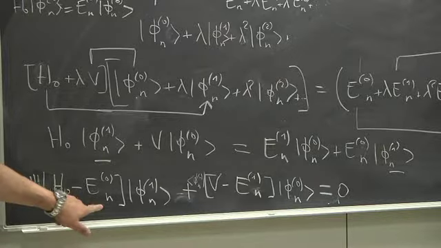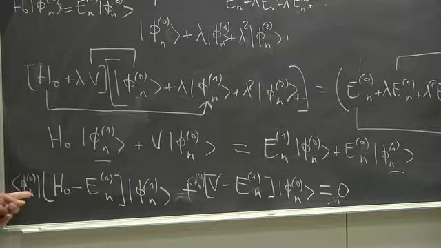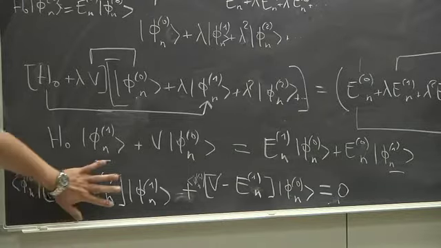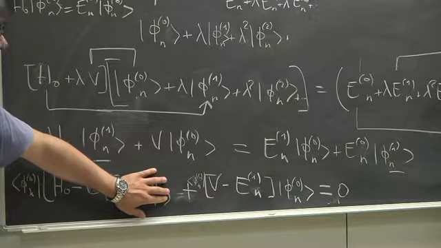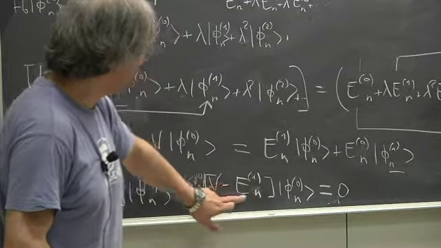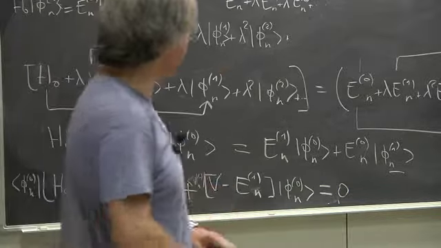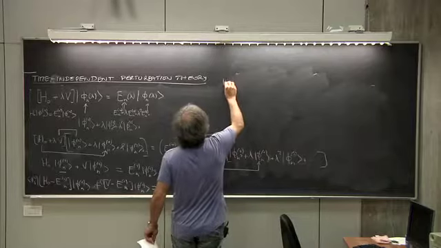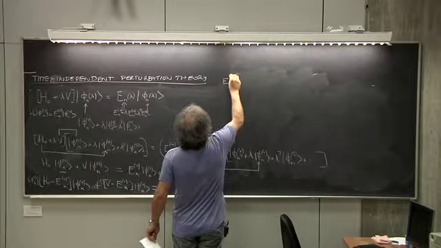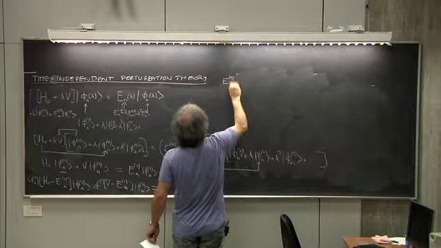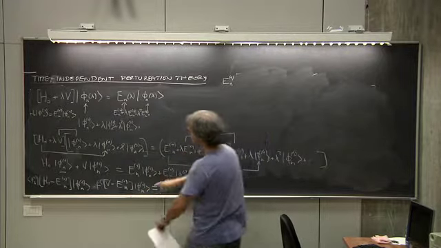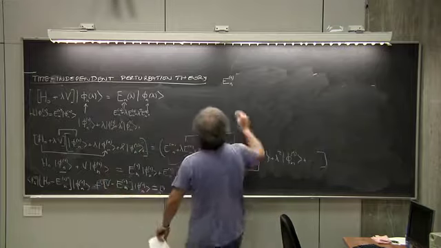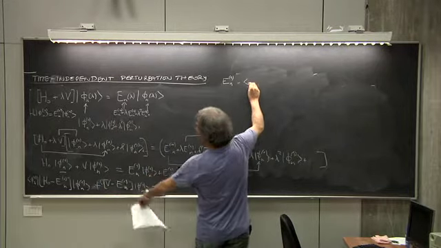I can have this thing acting on the left, and since this is an eigenvector of H0 with eigenvalue E0n, this drops, okay? So this is a trick to make phi 1 disappear. On the contrary, on the right, nothing really disappears, and this tells me immediately, so our first result is that the first correction in energy, E1n, should be equal to the matrix element